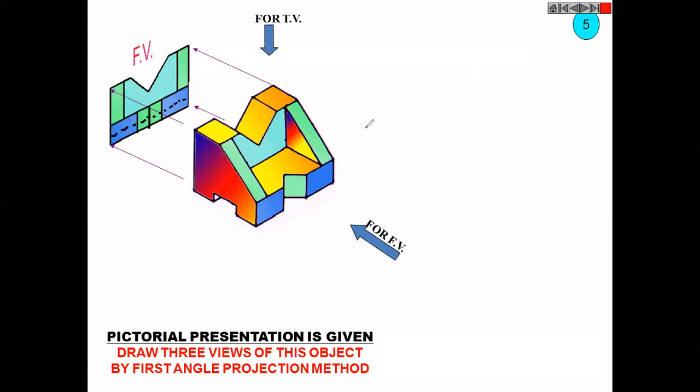Now draw the top view. If you are done with front view, you start drawing top view, side view, etc. And now you know what is the first angle projection method and third angle projection method. So accordingly, what it is asked, here first angle is asked, so draw in that manner. Don't do scattered, one view here, one view there, like that. Don't do that. Draw rough but proper.